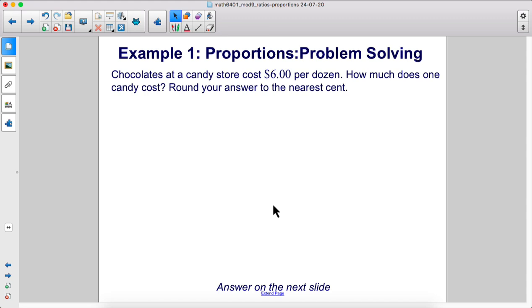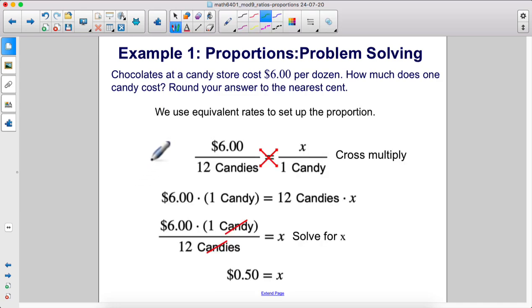Chocolates at a candy store cost $6 per dozen. How much does one candy cost? Round your answer to the nearest cent. We use equivalent rates to set up the proportion. So if it's $6 for 12 candies, how many dollars is it for one candy? Here's our